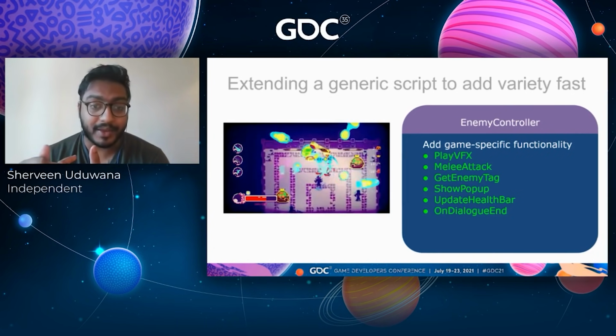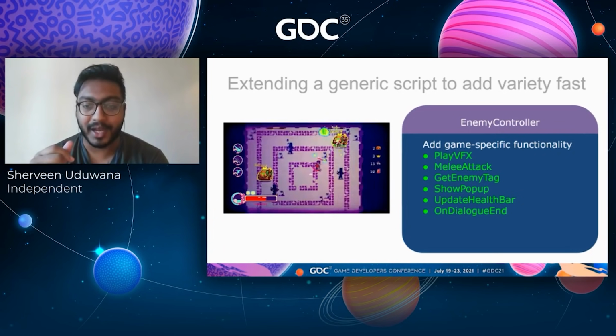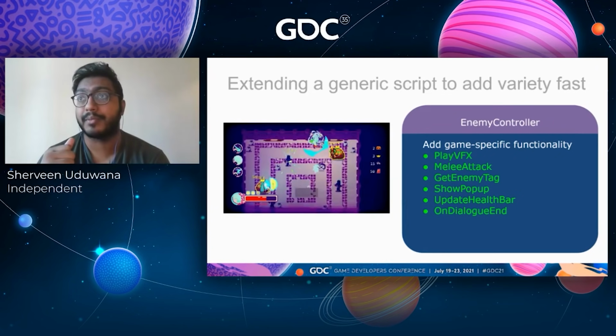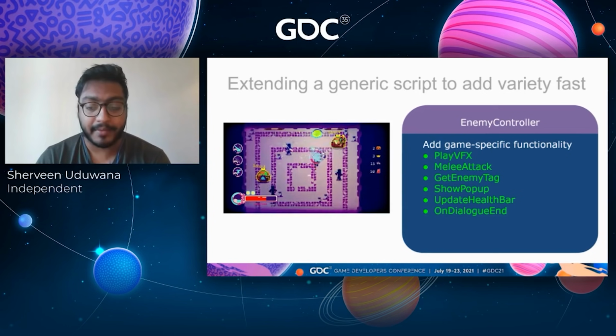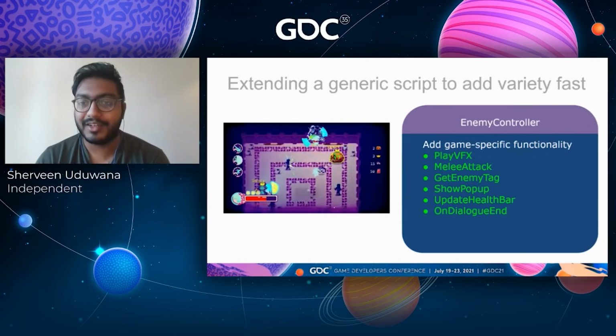The enemies also have little pop-ups of text that appear when they take damage that say 5, 6, or whatever the amount of damage they take. They have little health bars that update. And they can sometimes trigger dialogue. So if I wanted them to do anything in particular when the dialogue ended, like use a specific attack, I added a method for that. That ties into how everything in Midautumn is super dialogue driven, so even the enemies have dialogue-specific methods.